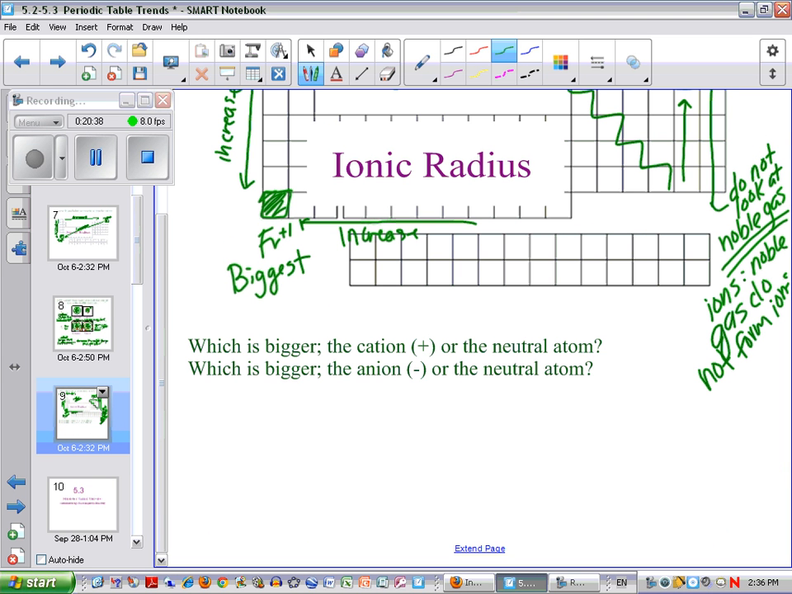So, which is bigger, the cation or the neutral atom? The neutral atom will always be bigger than the cation. Which is bigger, the anion or the neutral atom? The anion will always be bigger. And here's a trick I learned. I think this is kind of neat. When you're comparing an element to its neutral form, or you're comparing elements, or ions, to each other, the trick I always say is the more negative,